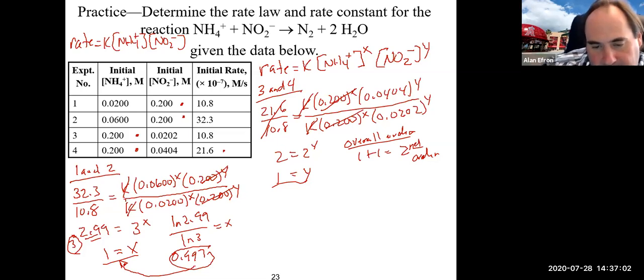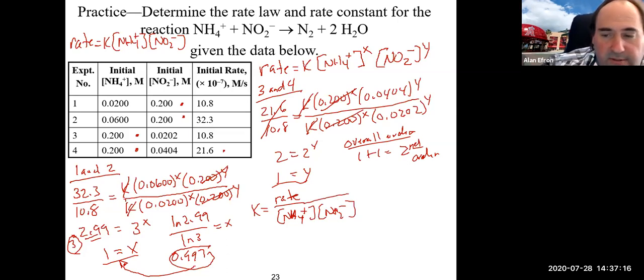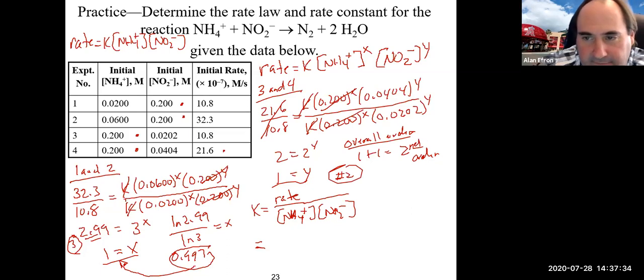K would equal the rate divided by NH4 plus and NO2 minus. And here you could choose, in this case, any of the 4 entries. They really should give you the same answer. So if we put it in there, I'm just going to take number 2 here just to be different, I suppose. And if we do number 2,